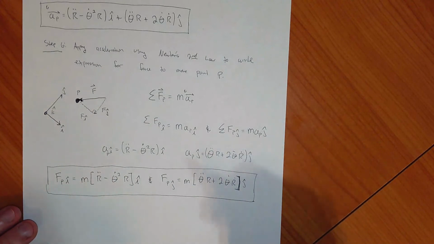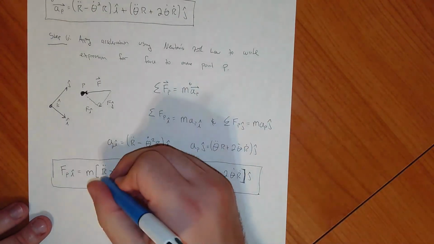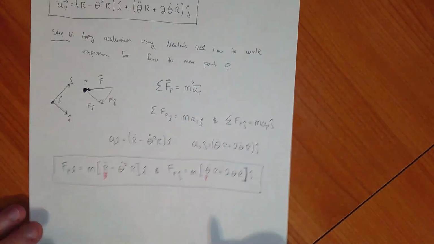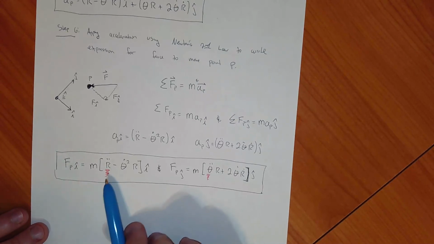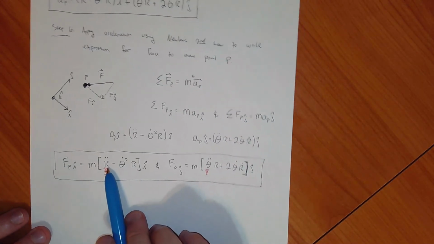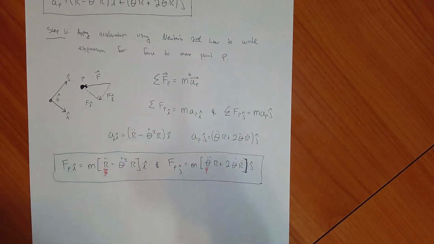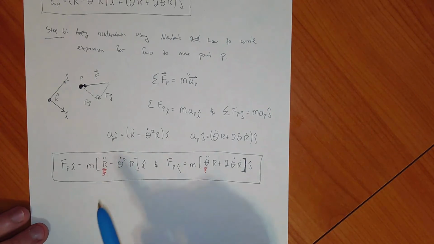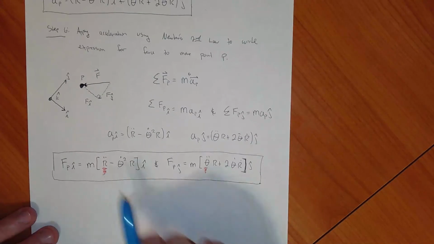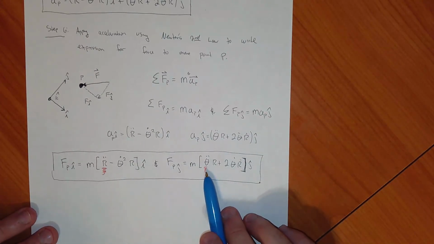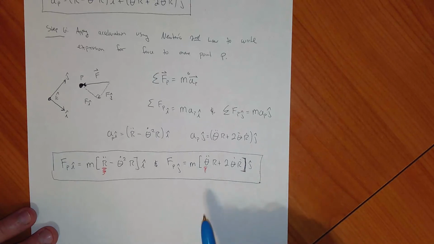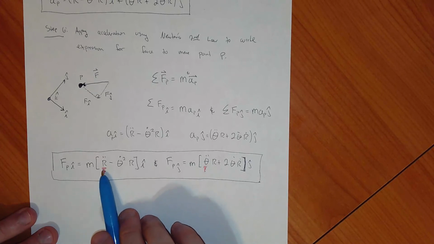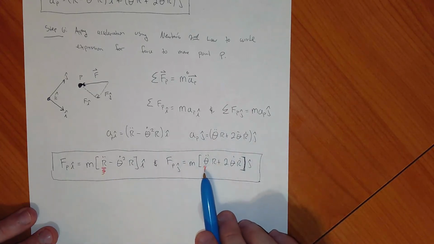Now, the thing that I really want to point out here, hopefully you guys can see, I'm switching to a red pen to accentuate the point, but notice that we've got a second derivative in this term of r, where r is the linear displacement of point P with respect to the g, the ground reference frame, and then here I've got the derivative of theta, where theta is the rotational displacement of point P with respect to the ground reference frame, right? So I've effectively got a linear acceleration in this term, and I've got a rotational acceleration in this term, and